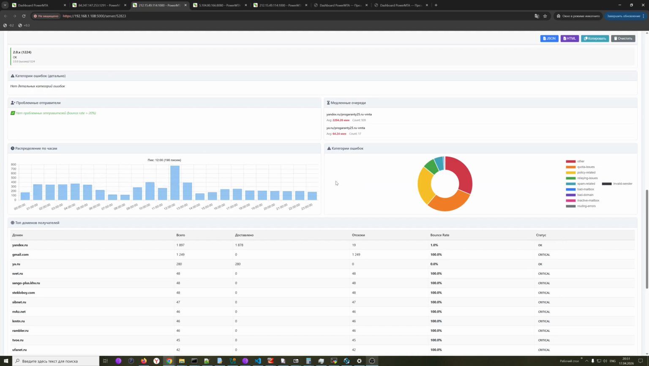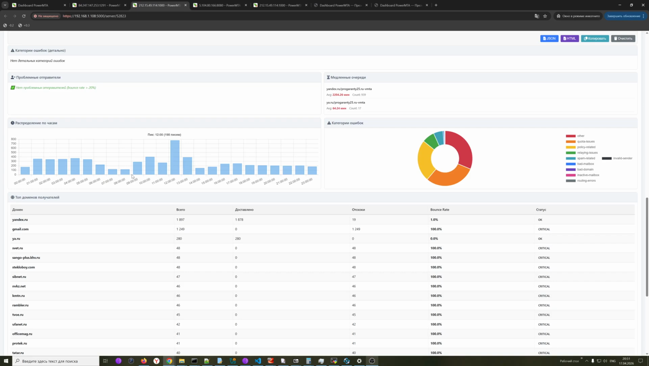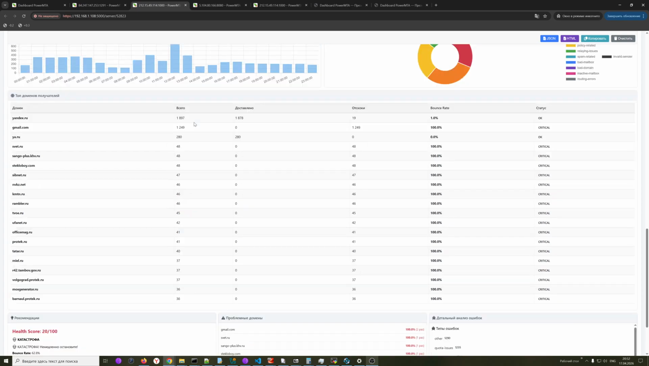The time interval in the process, and we can see it in the form of a diagram like this. When we had the minimum number of shipments, when the maximum number of shipments, or rather deliveries, and if we had any errors, they are presented in the form of a pie chart. Here we can turn them off if you are interested, and there is a summary of statistics on the number of top domains